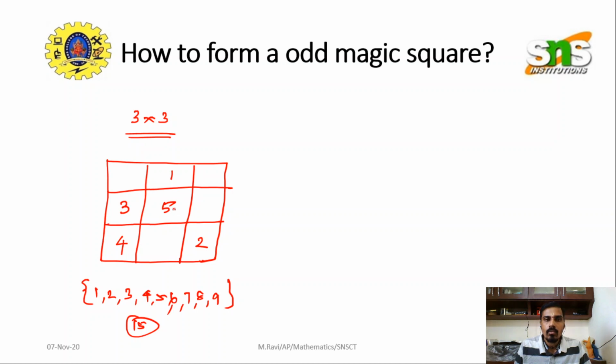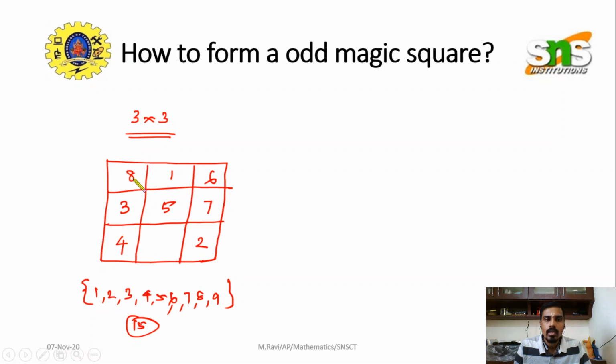And from 5 you can move to the diagonal and you can write 6 here. And from 6 you cannot move to the diagonal. Once you are not moving to the diagonal, you come down, so write 7. And 7 is in the last column. Once you are writing any number in the last column, you have to look for the previous row